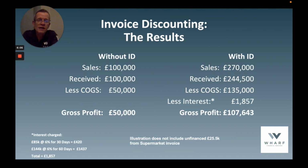With invoice discounting, the brewer managed to capture that big order to the supermarket, increased the sales by £170,000, so the sales now go up to £270,000. The brewer received £100,000 from its original invoices plus an advance on the supermarket invoice of £144,000. So the brewer has now received £244,500, less its cost of goods sold being 50%, less the interest charged by